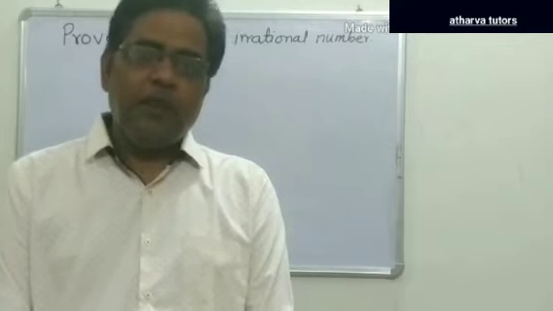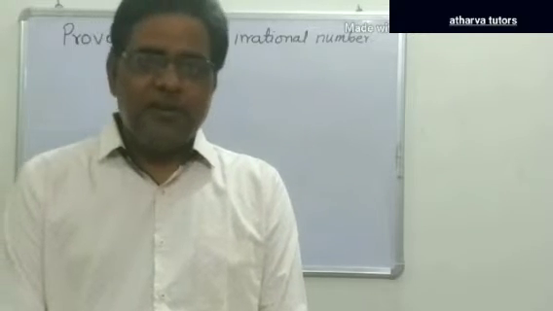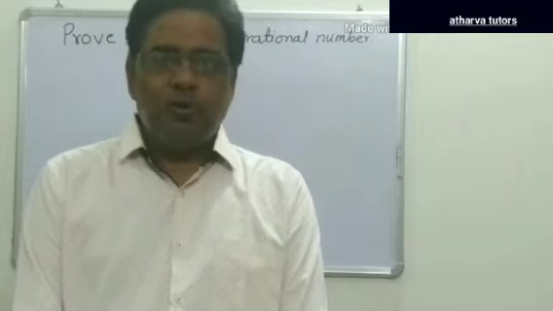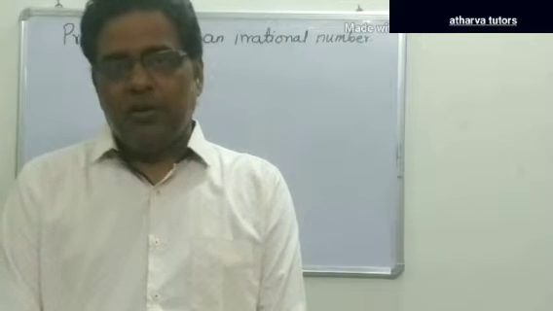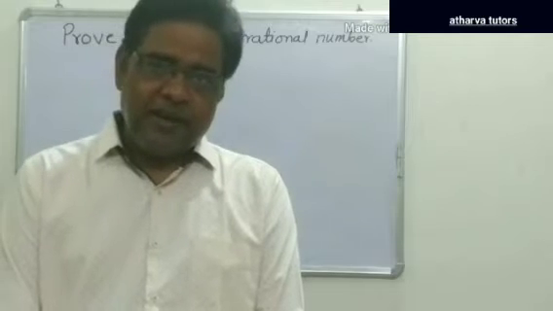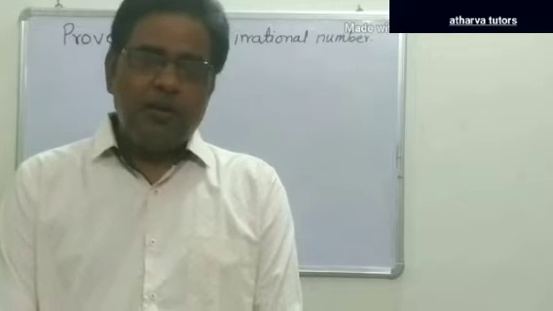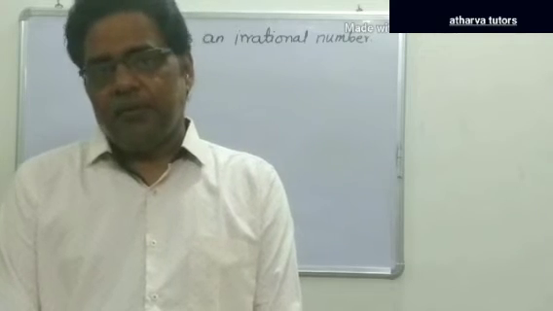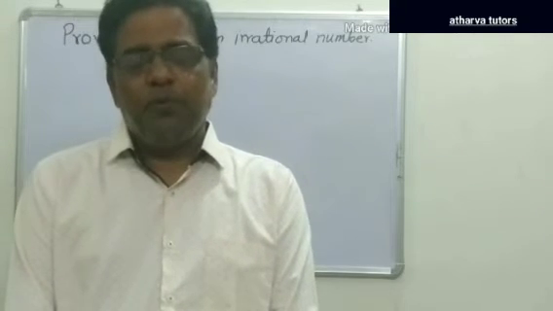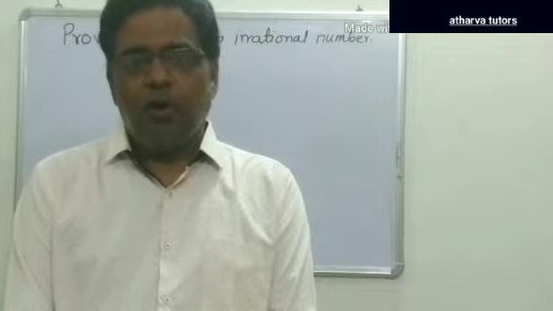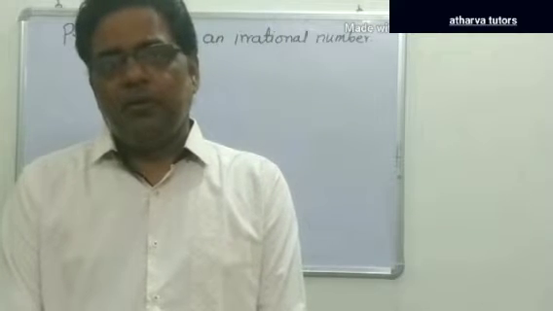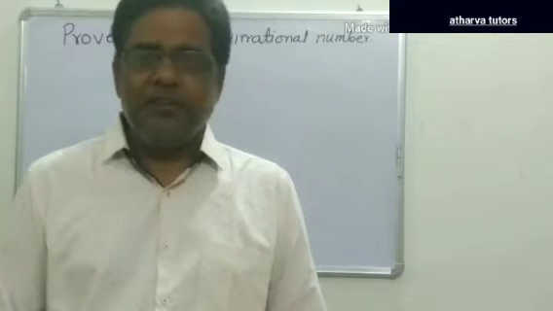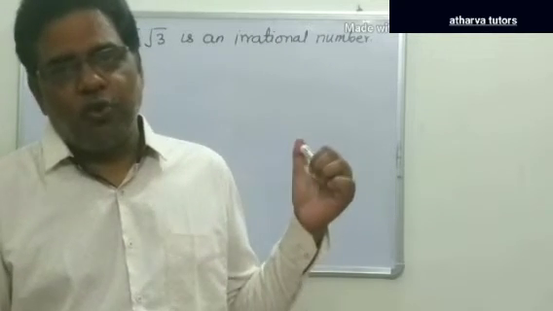Whenever we have two numbers, one is rational and the other one is irrational, whether we add both or subtract, the result is always an irrational number. And second, if you have a rational number and an irrational number, if you multiply both of them or divide, the result is again an irrational number. Now keeping this in mind, we are going to solve this.